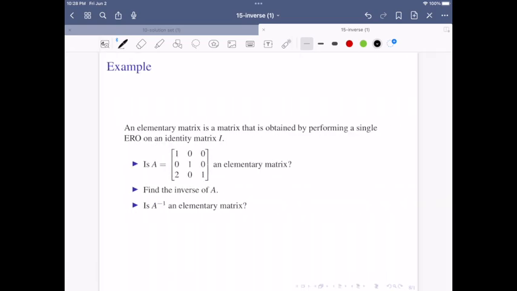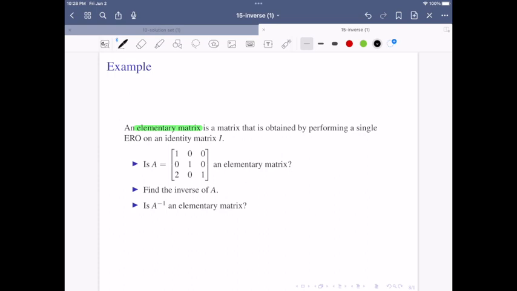Let's look at one example. We first recall what an elementary matrix is. An elementary matrix is a matrix that is obtained by performing a single ERO on an identity matrix I. So the first question is, is A an elementary matrix? The answer is yes,